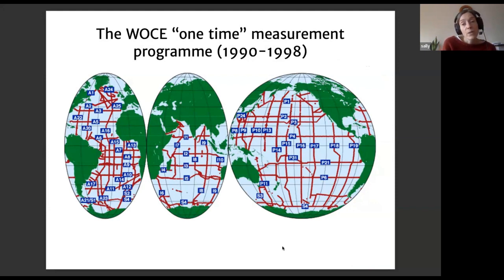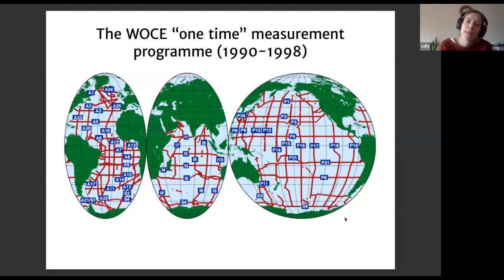So this was the first time that we really started to have more information about the ocean. Up until this point, the information that existed in terms of ocean measurements was really just individual points or individual lines that had been measured in certain places. And in this decade, the WOCE decade, excuse me,